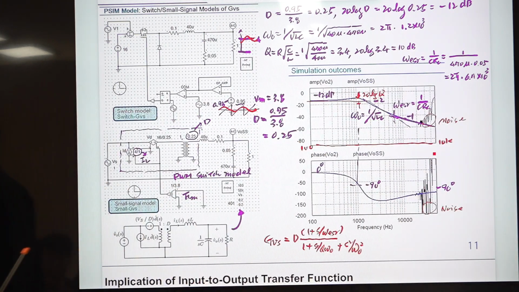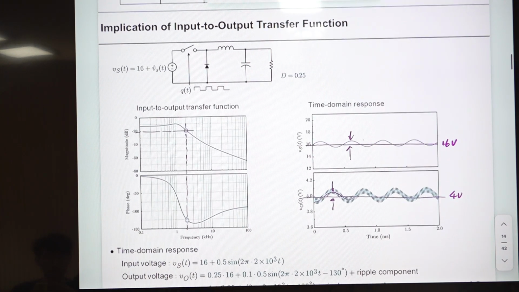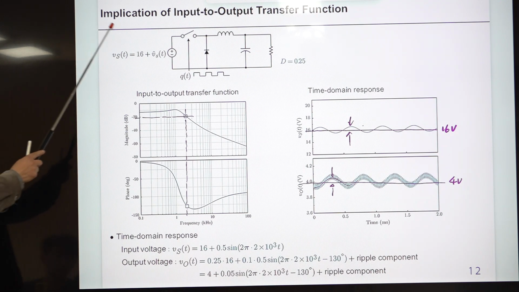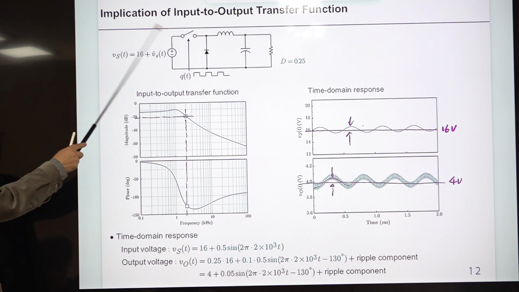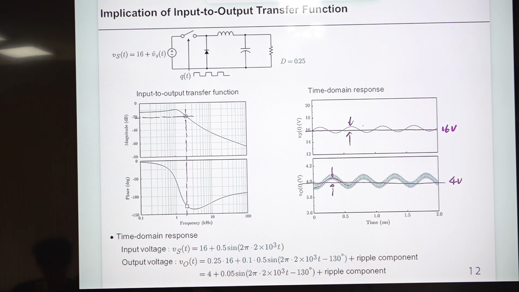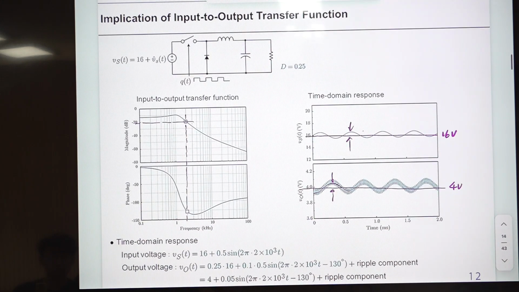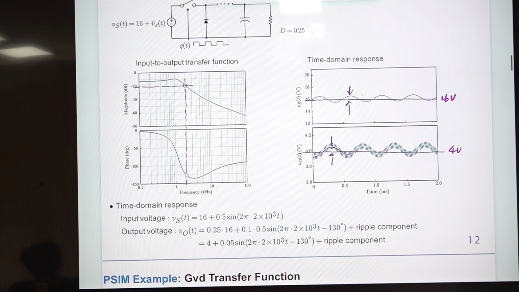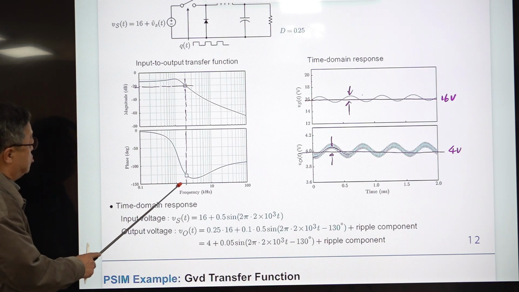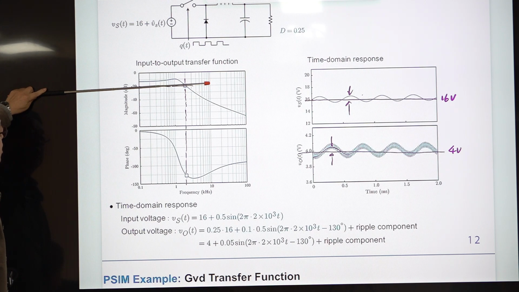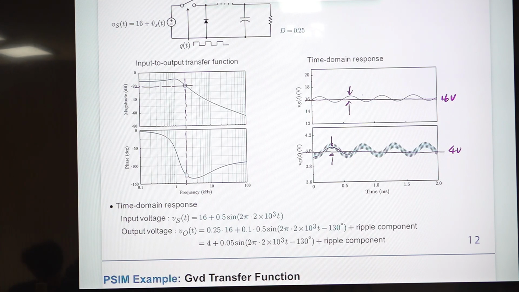So just one simple example is shown here. This is the simulation result, okay? So I simulate the input to output response, okay, based on the previous analysis. So using this method or this circuit analysis, you obtain this. This is the input to output transfer function. This is actually the frequency response, and this is the frequency of your interest. And I select one particular frequency, which is this one, 2 kilohertz. At that frequency, the magnitude is minus 20 dB, and the phase delay at that frequency